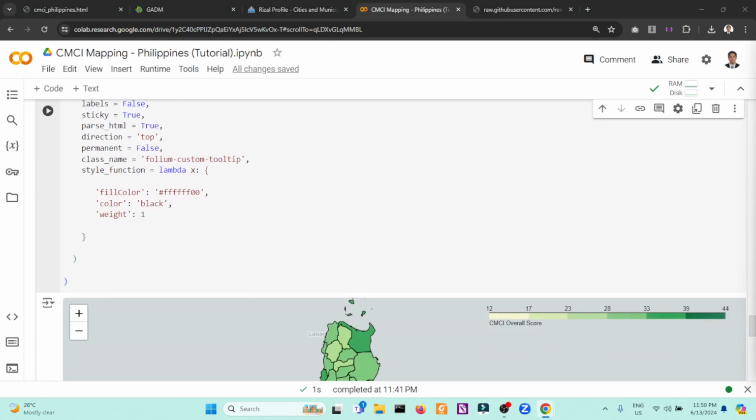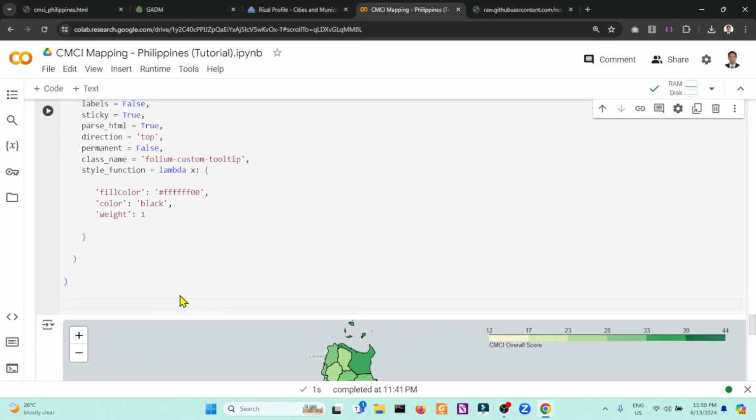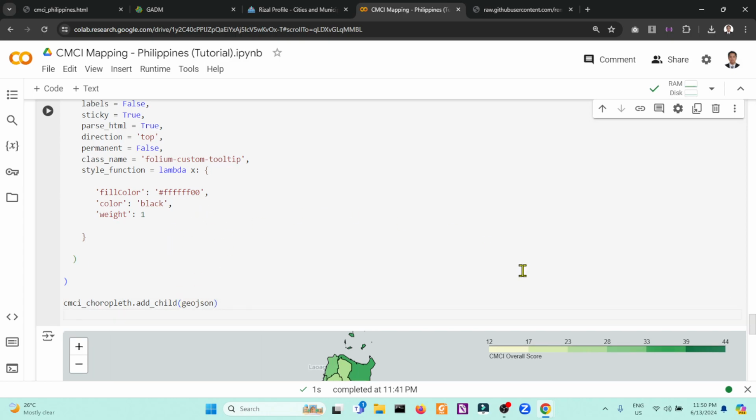Okay. So I'm just checking. Then the next step is to add our definition of CMCI choropleth, if I'm not mistaken, as a child to our already existing GeoJSON. And another one, we need to add the CMCI choropleth, this one.